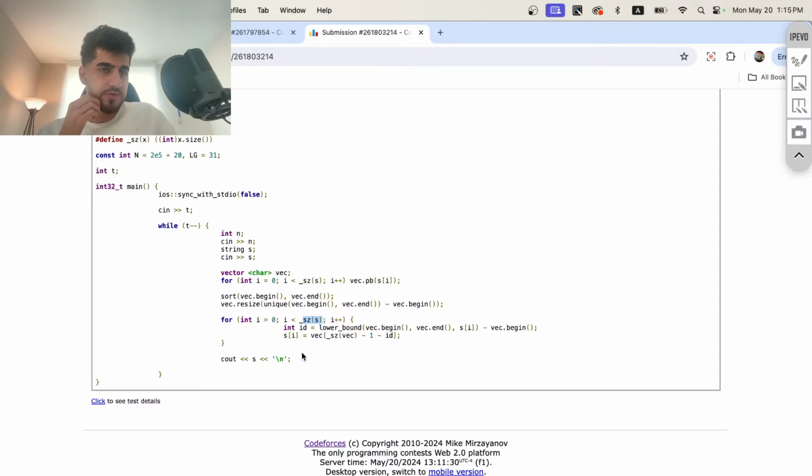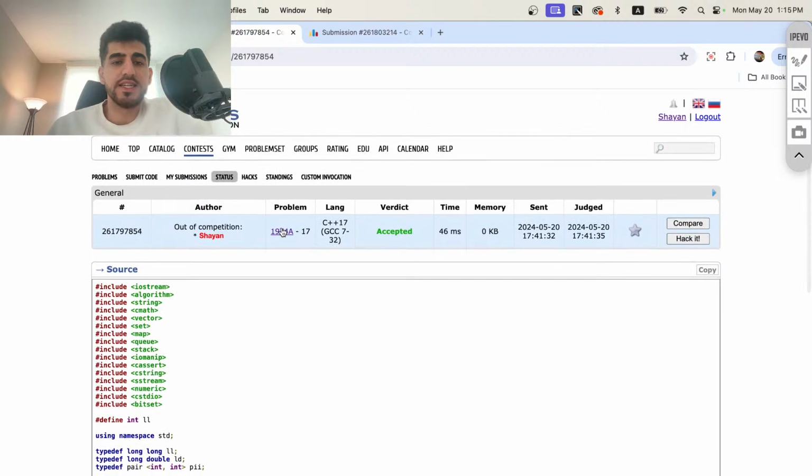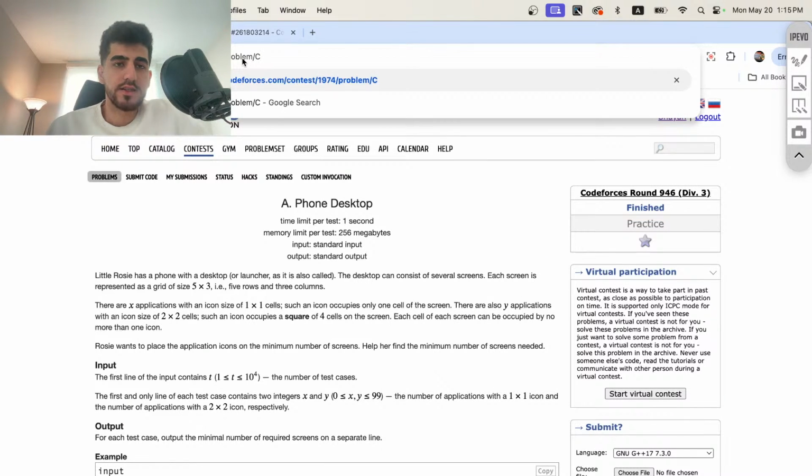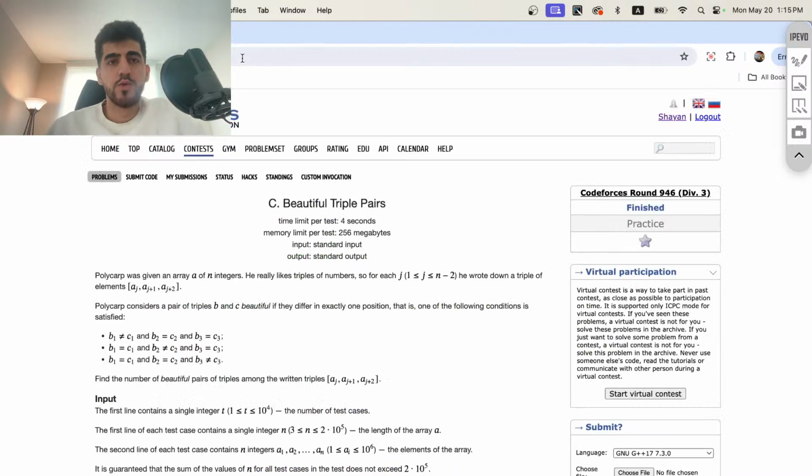Okay, so shall we move to the next one? Problem C, that many of you said that you were stuck in. Well, for problem C, Polycarp was given an array A of n integers. He really liked triples of numbers. Okay, so